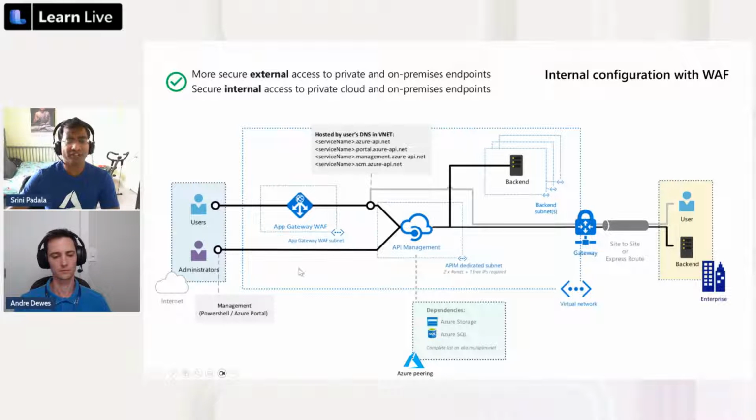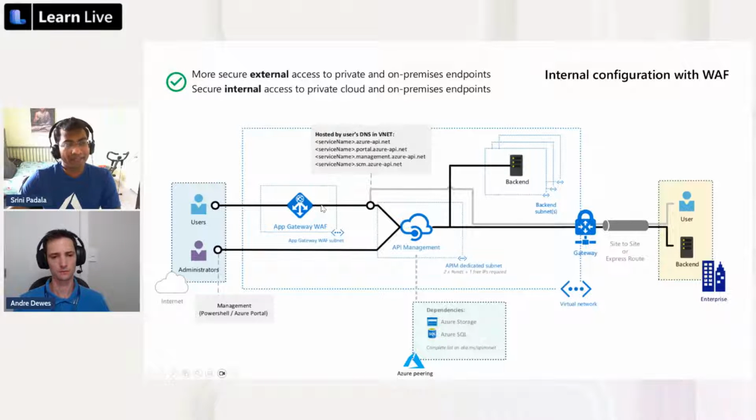We still have the administrator traffic here for the portal. That's in here, but additionally we will have an application gateway where you can also deploy a web application firewall, right? You can have WAF configured on the application gateway, protecting your traffic